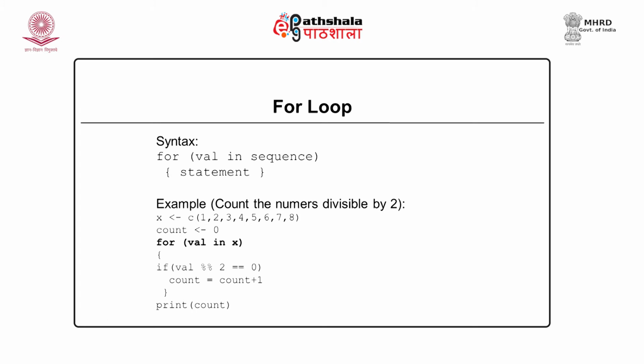Again, I would like to repeat, the for loop of R is a bit different from the for loop that is used in C. In C, we have starting and ending values. Here, there is a sequence, the variable will take the sequence of values, and for each value the for loop will iterate once. Let us move ahead.